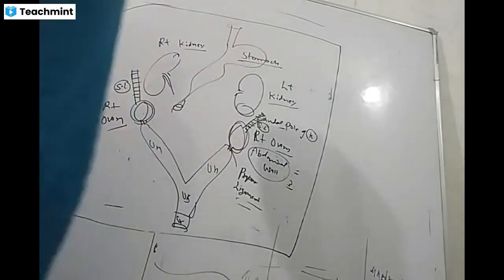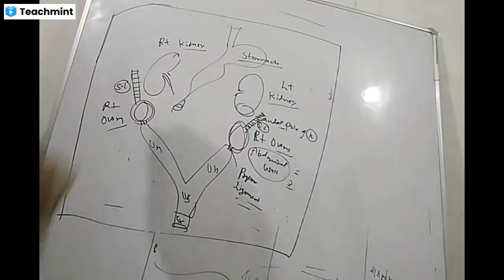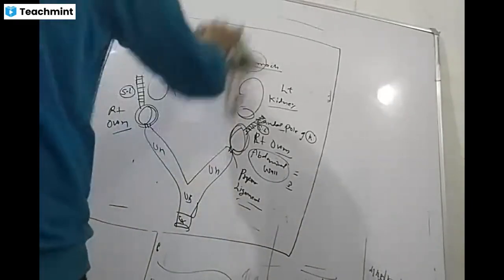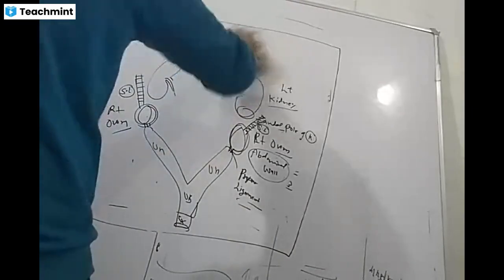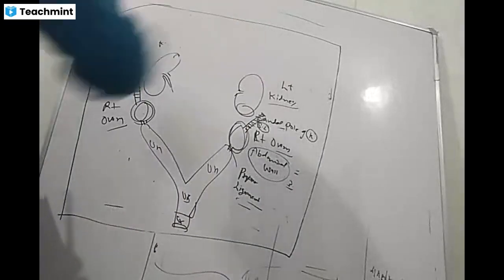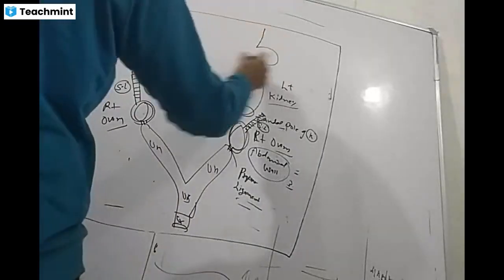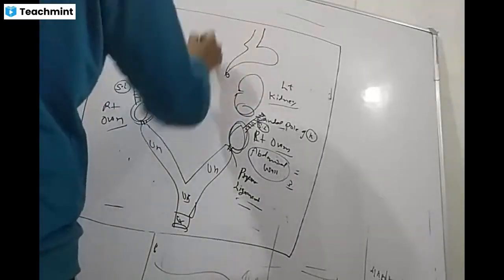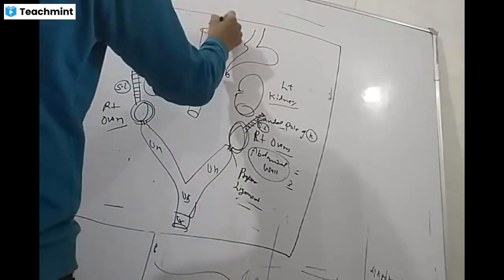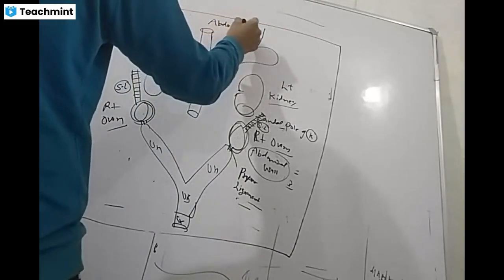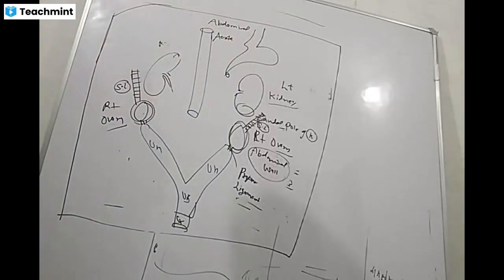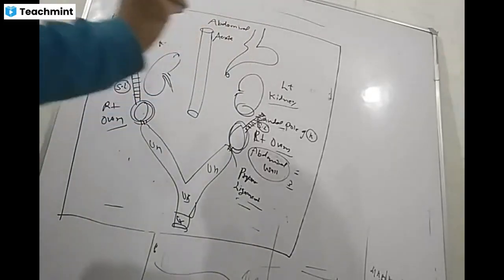So this is the position of the ovaries. Then if we look at the blood supply, here is the stomach. This is the abdominal aorta. Inside the body of the animal, at least remember there are two arteries